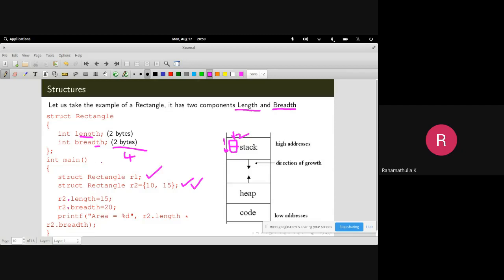So that's how you create a structure and the structure definition. This is the structure definition. In our programming scenarios, we are normally going to use this structure in many places. The structure will be defined, and that structure will be used. This is how we declare a structure variable. So R1 is a variable of rectangle type. That's how we define it.